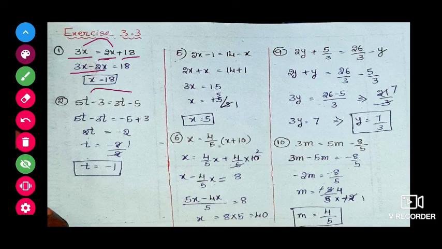Next one, 5t minus 3 is equal to 3t minus 5. Here we can observe both the sides variable, both the sides constants. So bring all the variables to one side, that is 5t already is there here, and plus 3t if it comes this side, minus 3t. And that side already minus 5 is there. Now minus 3 if it goes that side, plus 3. Next 5t minus 3t, we will get 2t, minus 5 plus 3, that is minus 2. Now here we want only the value of t. We don't want any constant on this left side of the equal. So send the 2 also that side.